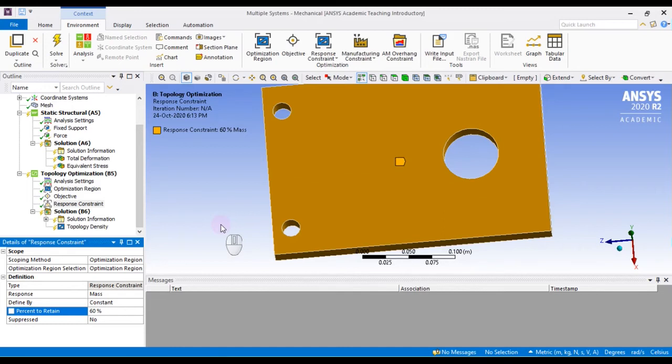When I look at the blue color in our static analysis, from that you can conclude what percentage you can remove. Around 40% of the area is covered in blue color, so you can commit up to 60. Of course, 50 is also applicable, it depends on the conditions. But you can analyze it from that particular color plot in your stress analysis. So let me keep it as 60. Now let me solve this. Click solve.